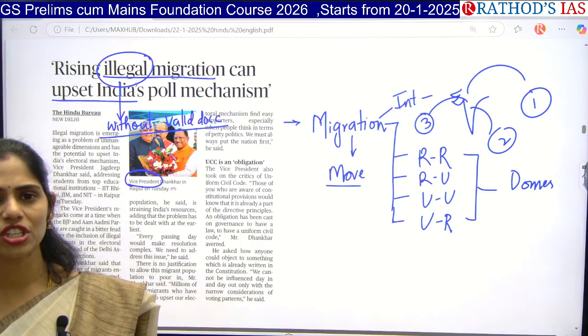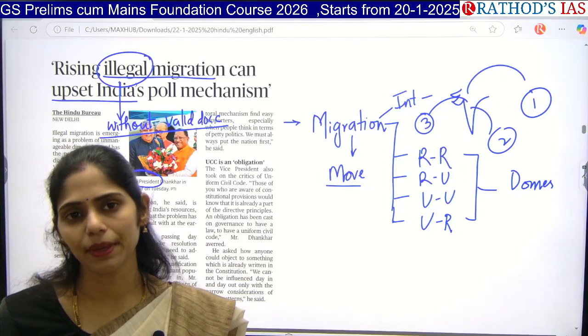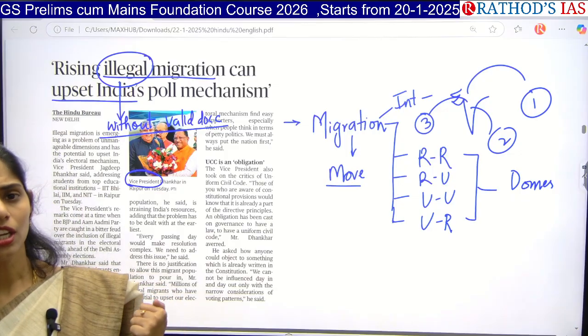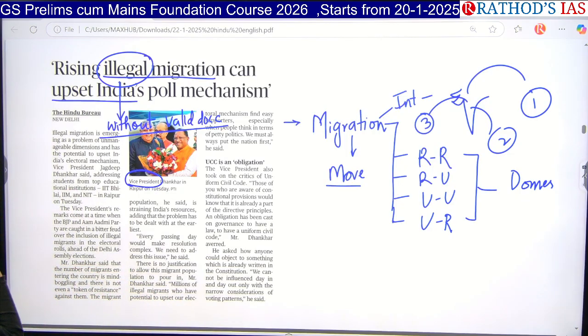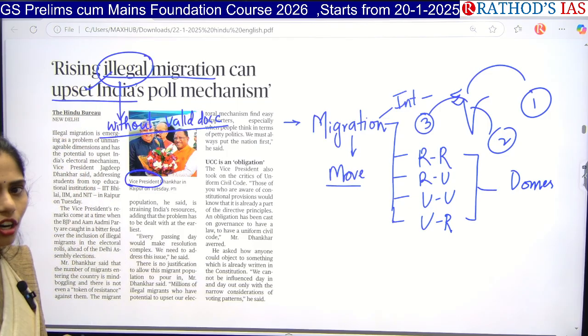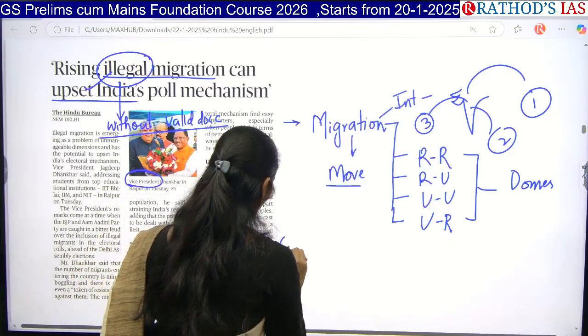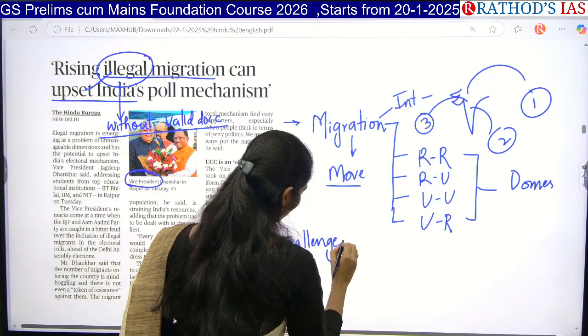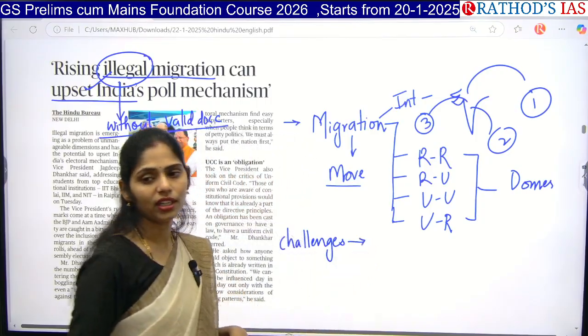There will always be issues between the valley people and hill people in northeastern states because of this illegal migration. So this article is mainly saying that whenever illegal migration is happening, we will have lots of challenges. This article is talking especially about the challenges of illegal migration. So one important point is,